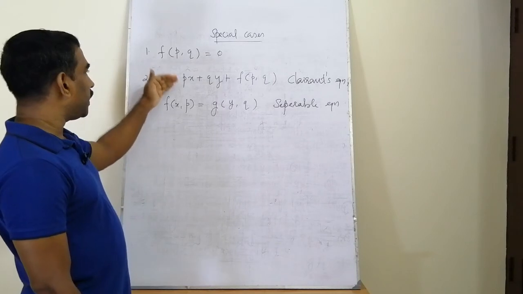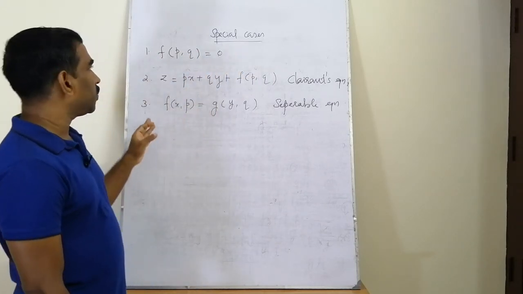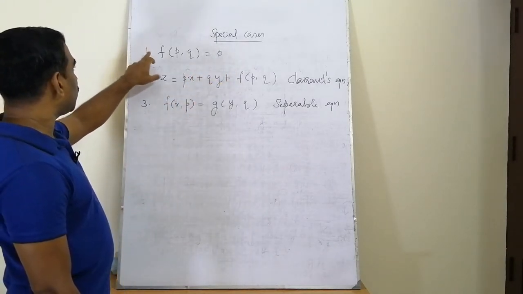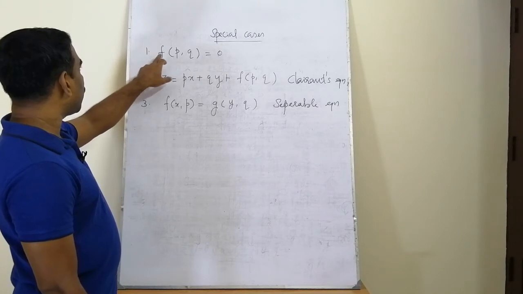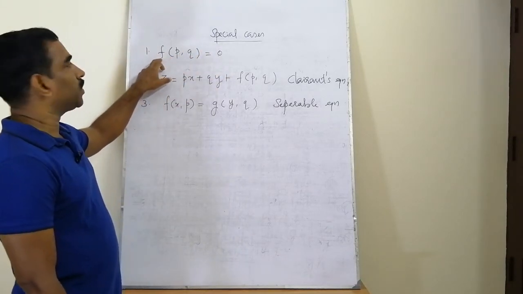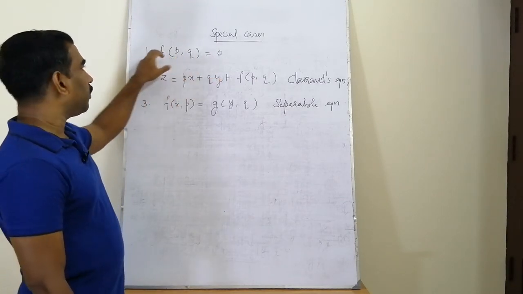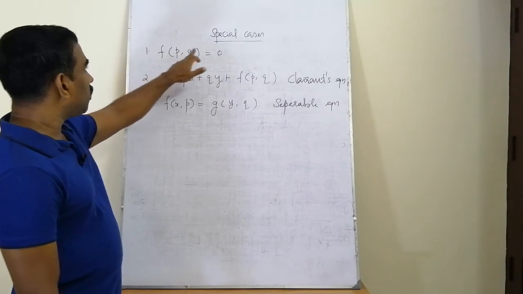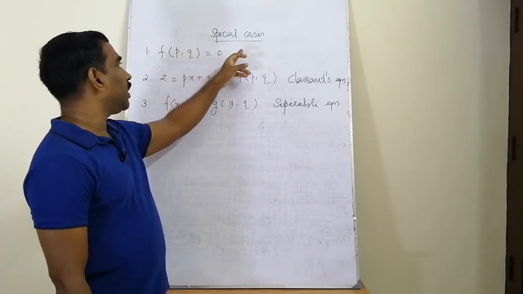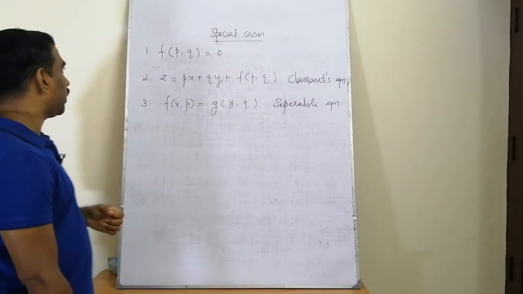So in the majority of cases we will consider only the last two ratios, that is the fourth and fifth ratios involving dp and dq. In the first set, if the problem is directly of the form f of p, q equal to 0, the first three partial derivatives are absent because it doesn't contain x, y and z directly. So the first three partial derivatives are zeros, and consequently the Charpit subsidiary equation results in dp by 0 equal to dq by 0, which is a directly integrable format.